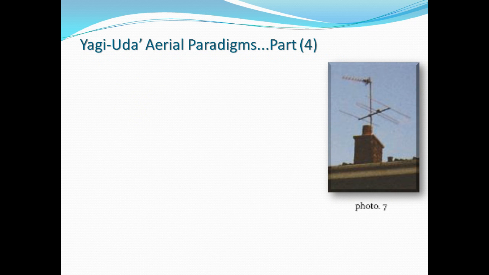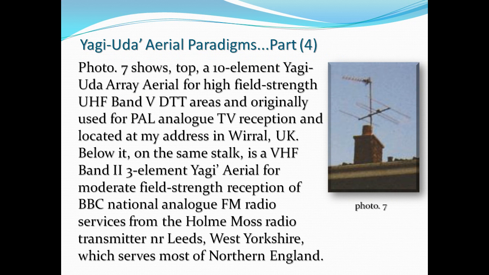Yagi-Uda aerial paradigms part 4. Photo 7 shows, top, a 10-element Yagi-Uda array aerial for high field strength UHF band 5 DTT areas, originally used for PAL analog TV reception and located at my address in Wirral, UK. Below it, on the same stalk, is a VHF band 2 3-element Yagi aerial for moderate field strength reception of